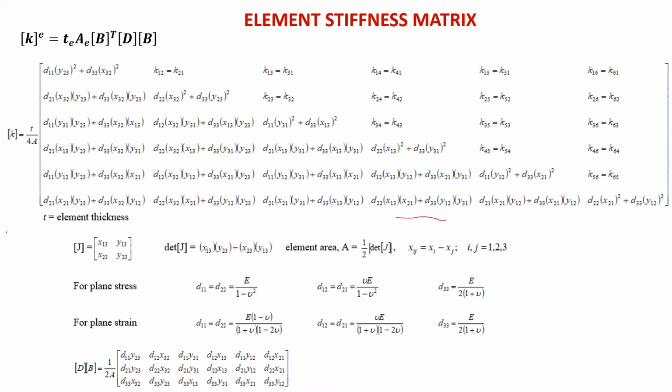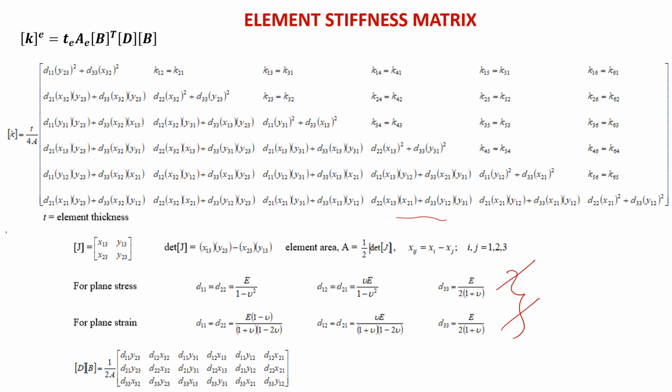With plane stress or plane strain, we're going to use the same K matrix. The only way to differentiate between plane stress and plane strain is the value of the material properties, which is D11, D12, D33, where for plane stress is using this equation, while for plane strain we are using the bottom